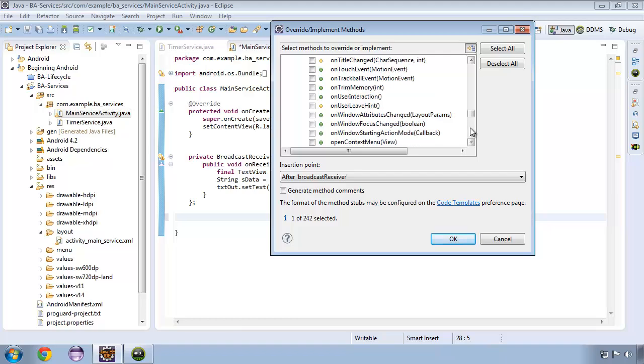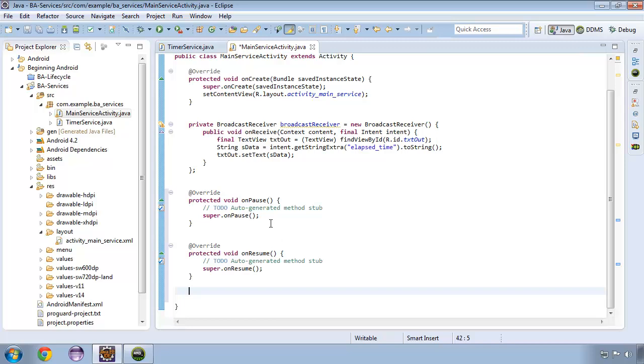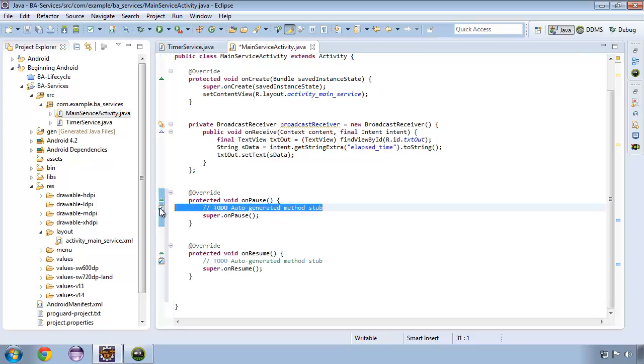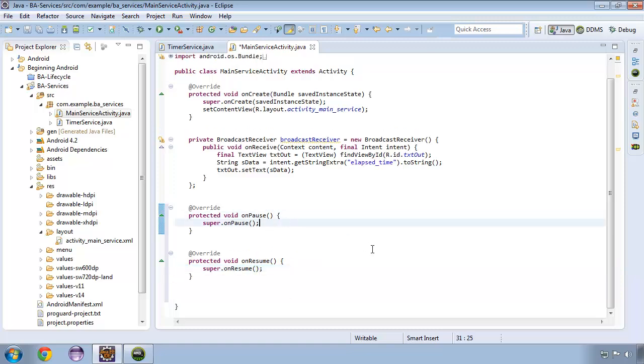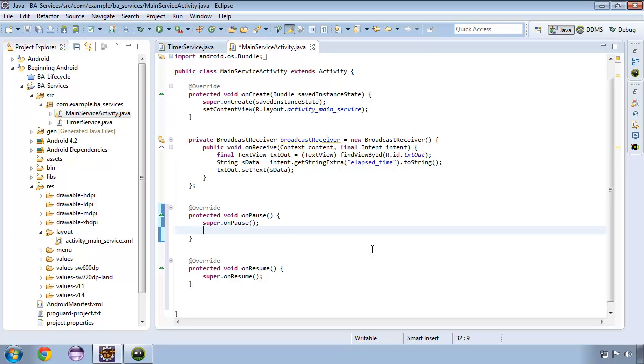OnPause and onResume. Okay, so I added both of them. And in the onPause, we want to unregister. Okay, we want to do one of these. And in the resume,